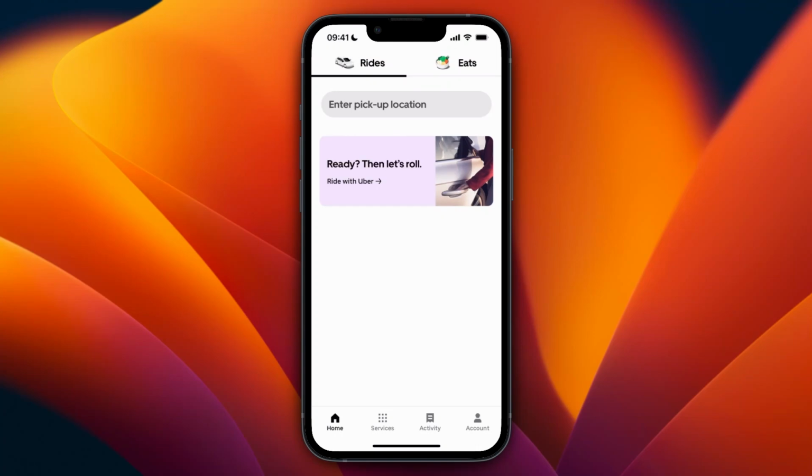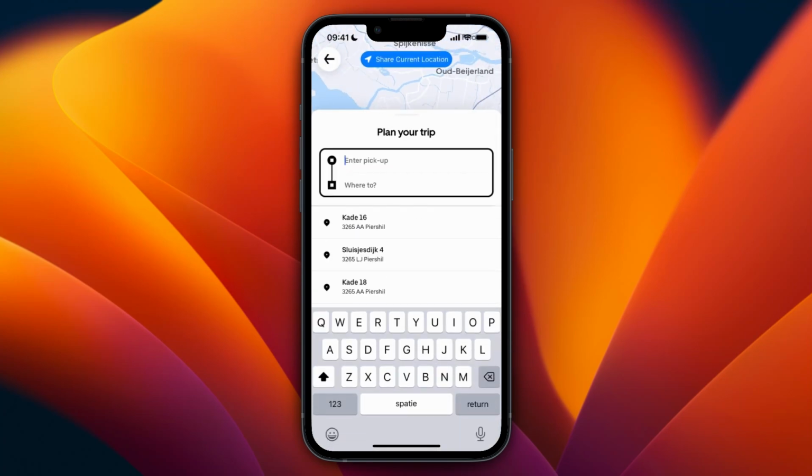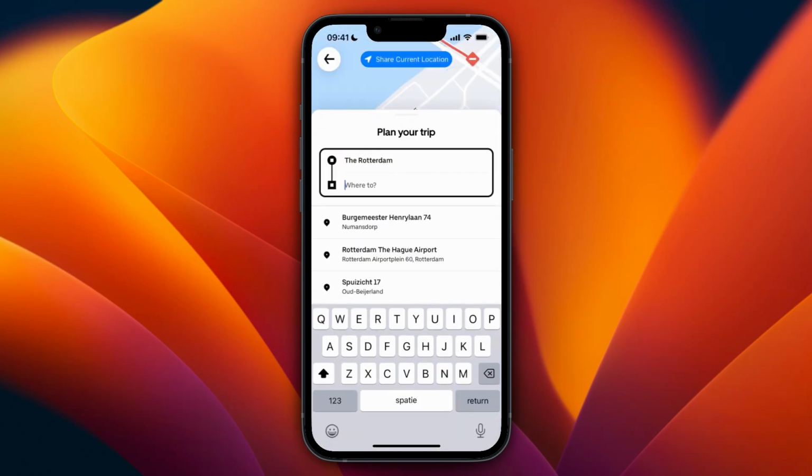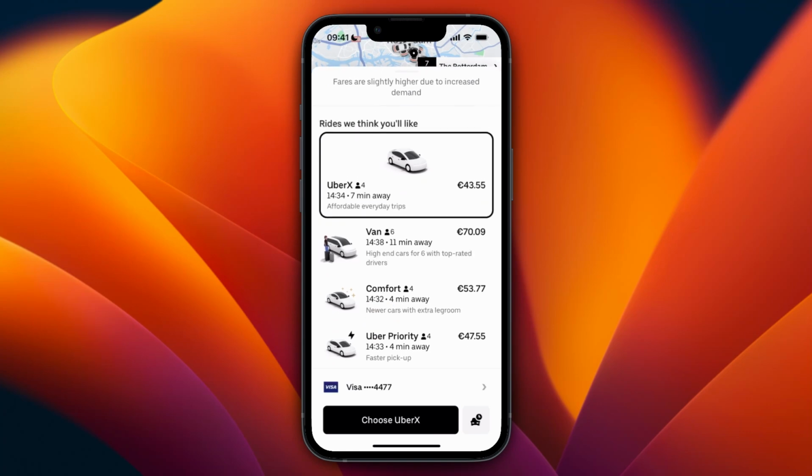In this video, I will show you how to book a cab in the Uber app. So first go and open the Uber app, then here enter the pickup location. So just go and write out where you want to be picked up and then where you want to go to. So after doing that, it will get some options for you and you can see a bunch of cabs